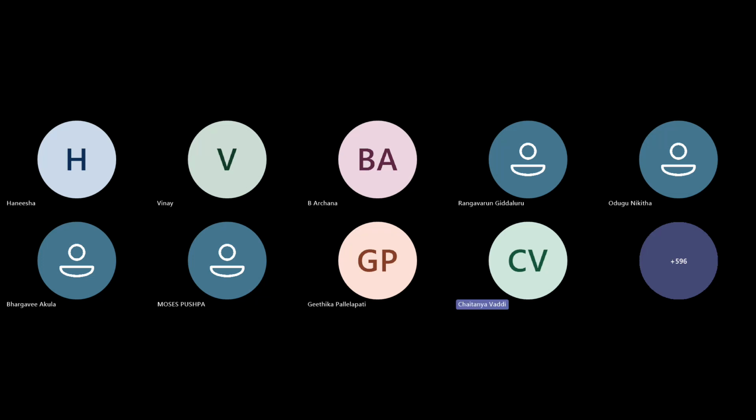what is the similar pattern? Yes, it is a common difference. So if you observe 1, 2, the difference is 1. Next number, the difference is 1. Next number, the difference is 1. Next number, the difference is 1. If you observe the next series also, here we can observe the common difference. So the difference will be 4.